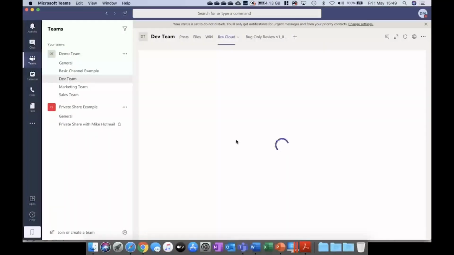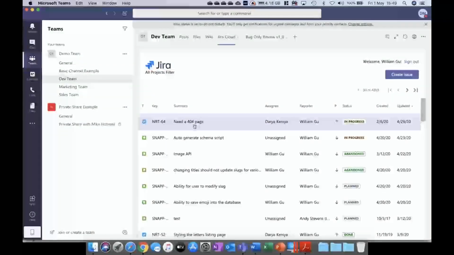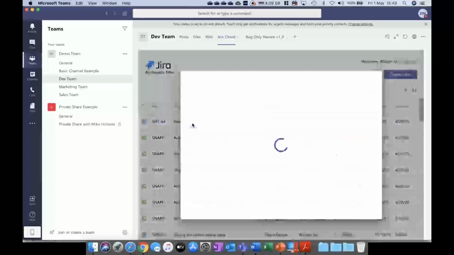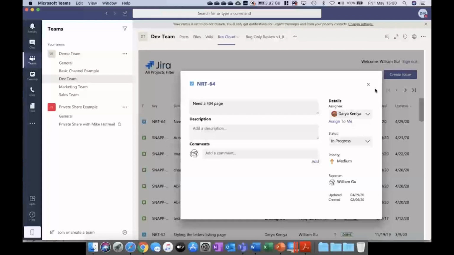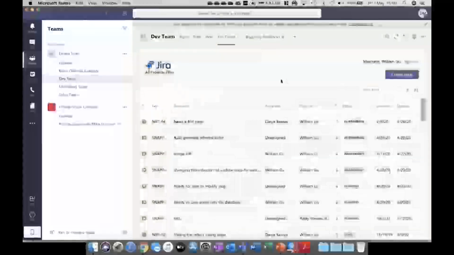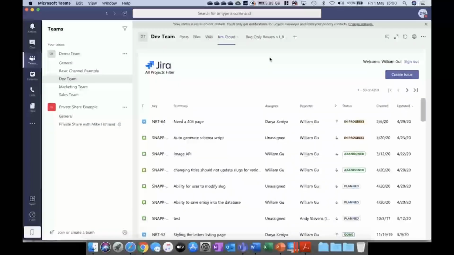So if I assume a role of a development manager for the moment, and it logs me in, there we go. I can now see a list of all the tasks for the team, and I can open up that task and I can see exactly what's going on inside it, see what it is, if there was a description, who it's assigned to, etc. But in reality, some development managers don't need to see the task line detail. That's for the development leads within each of the teams. So at that point, again, Power BI can come into its own.